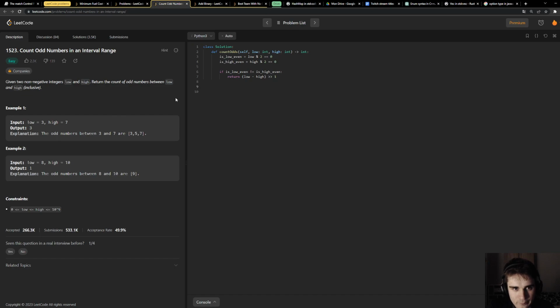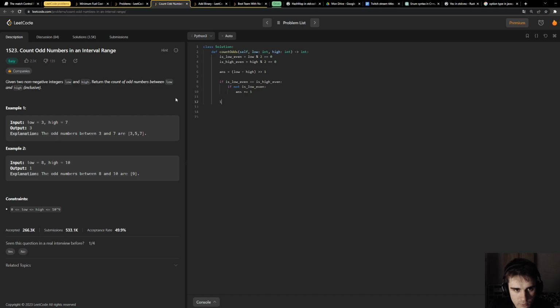And otherwise, actually, let's say that ans is instead this, and I will do the difference. I wanted to do the XOR, but I think it will be easier if I do the equal. If is low even, then I can increment ans by 1.